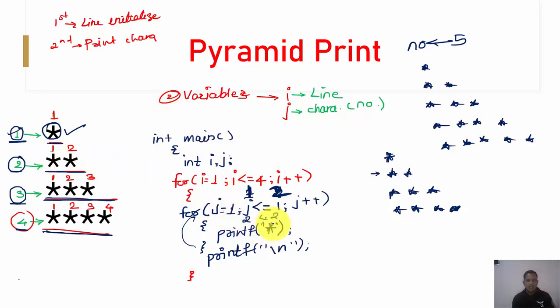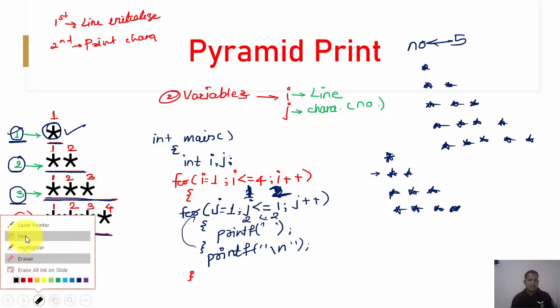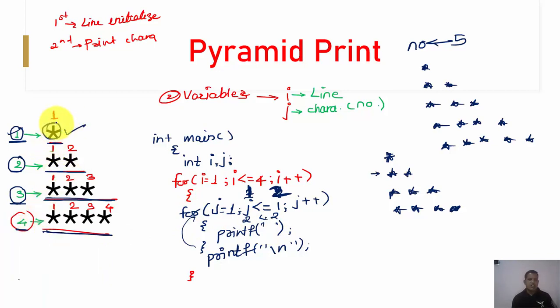Here instead of printing this character, I may go for printing directly the value of j, because here the red number indicates the position of your character. First line, first position; second line, first position, second position; third line, position number 1, position number 2, position number 3, then again this.